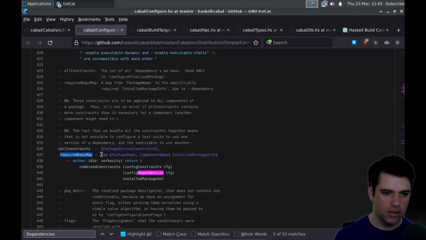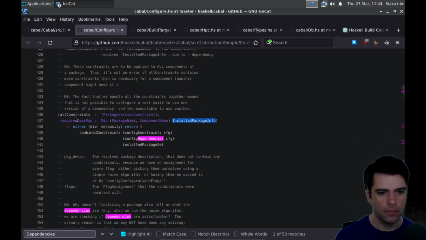Required dep maps is a variable of type, essentially a hash map from package name to component name and installed package info. And we're either going to die, I guess, or return combined constraints. We're calling configure on the constraints, configure dependencies, and the installed package set. Okay.